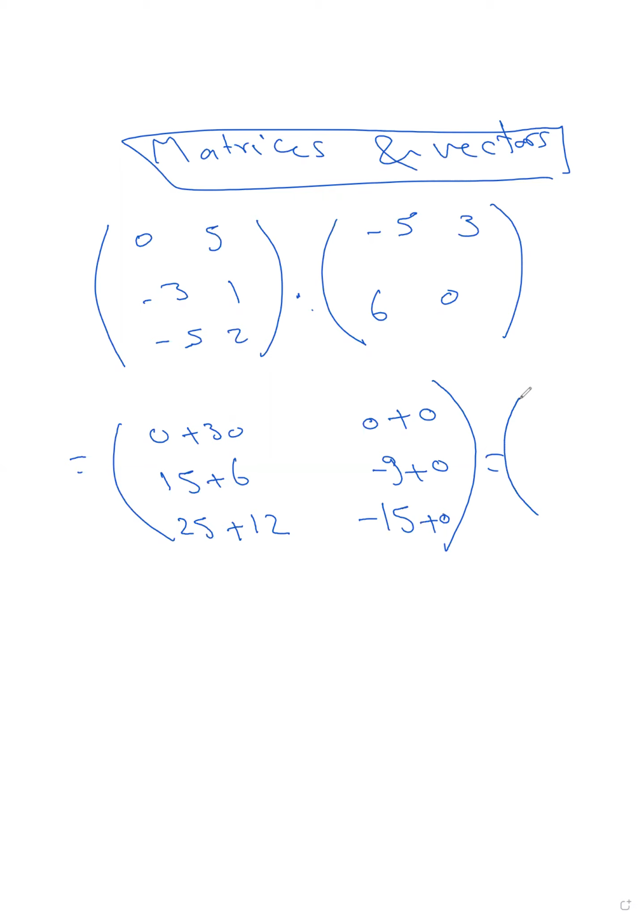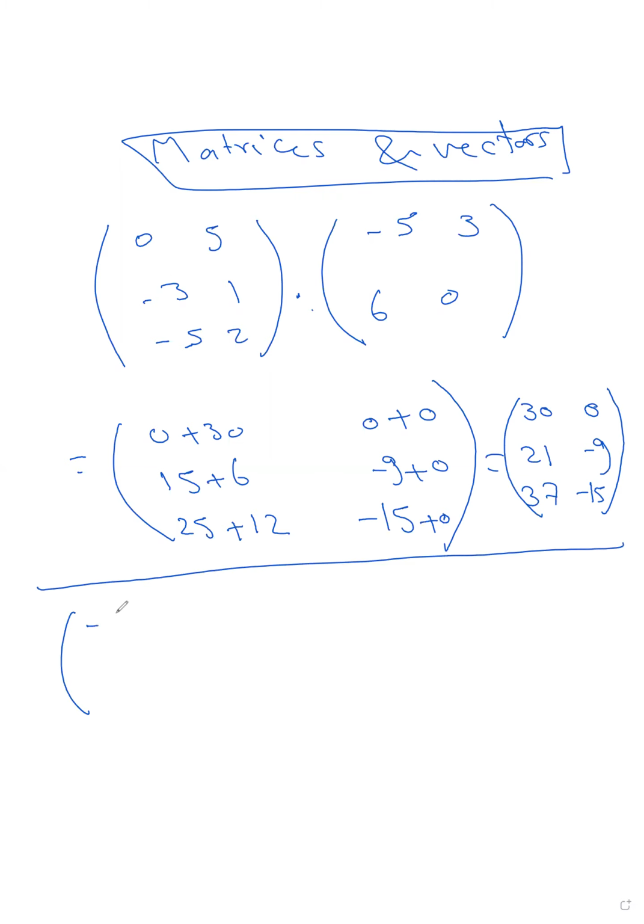Okay. يبقى الماتريكس تطلع بكام؟ هنا ب 30، هنا ب 0، هنا ب 21، negative 9، 37، negative 15. Okay. كمان إذا كانت negative 5 6 and 0 times 3 and negative 1 طلع بكام دي؟